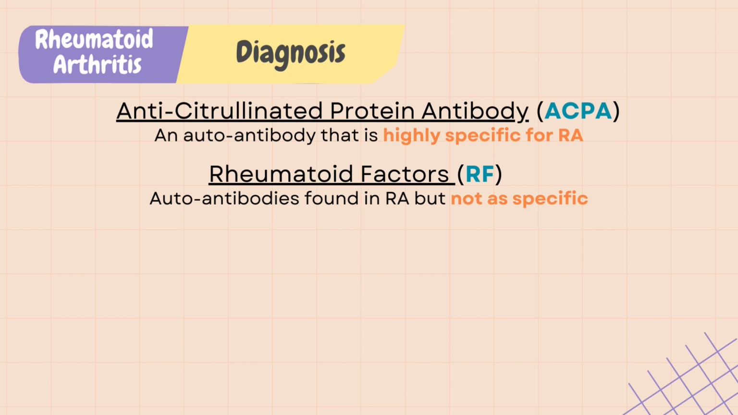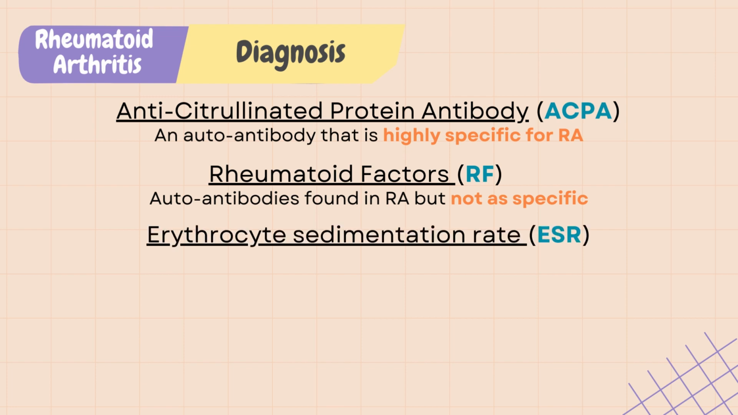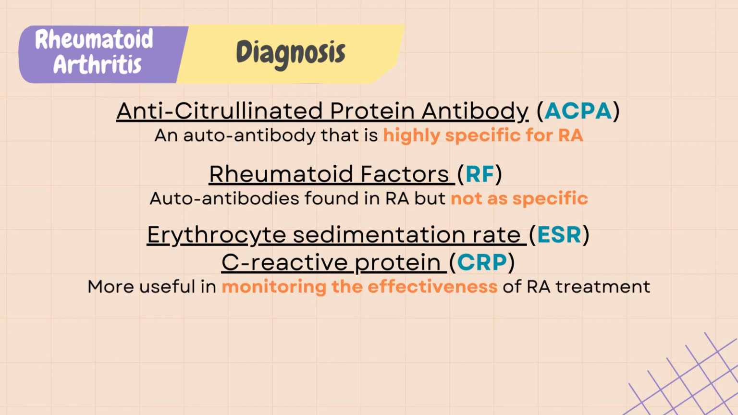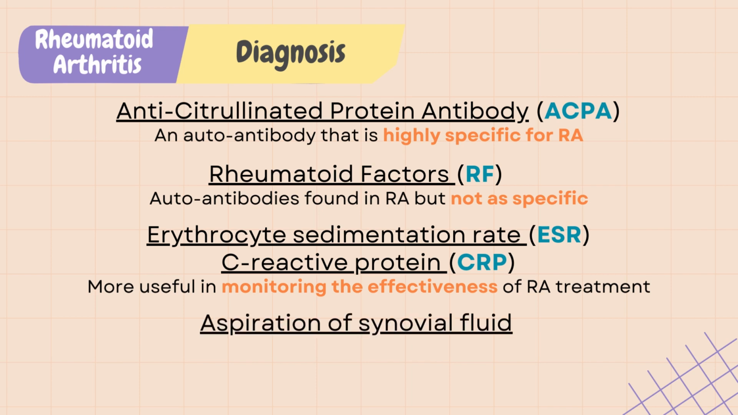diseases such as lupus. Erythrocyte sedimentation rate, ESR, and C-reactive protein are inflammatory markers that indicate generalized inflammation and are not specific to RA. They are useful in monitoring the effectiveness of RA treatment. Other diagnostic tests include aspiration of synovial fluid from the affected joints and obtaining X-ray or MRI of the affected